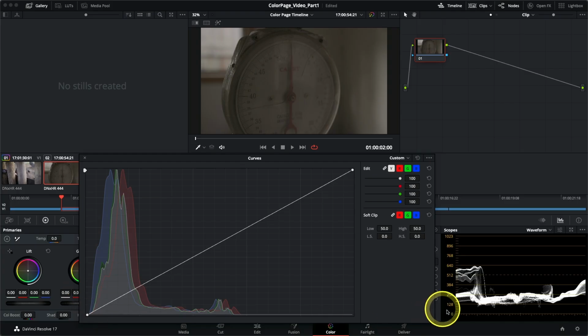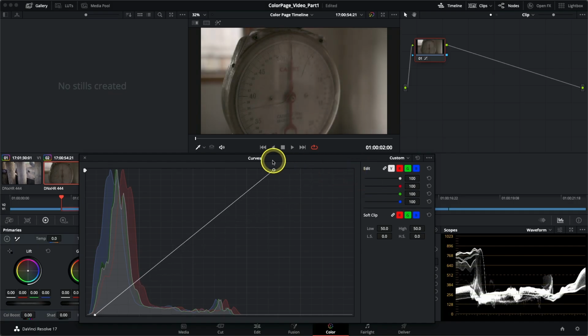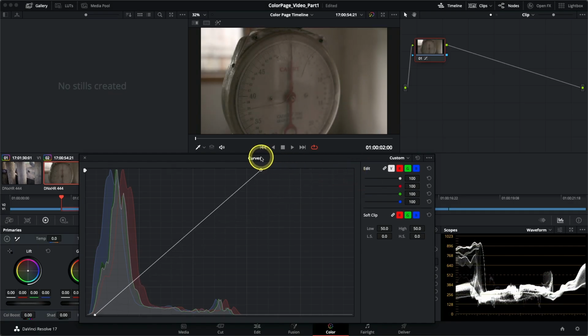So I'm going to begin by dragging the black and white point to normalize the waveform in the scopes. Remember, we don't want to crush the shadows. We just want to land them somewhere safely between the 0 and the 128 line. So I'm going to drag that point and place it right over there. And then I'll do the opposite for the white point. I'm going to drag it until the very top of the trace is somewhere under or on the second horizontal